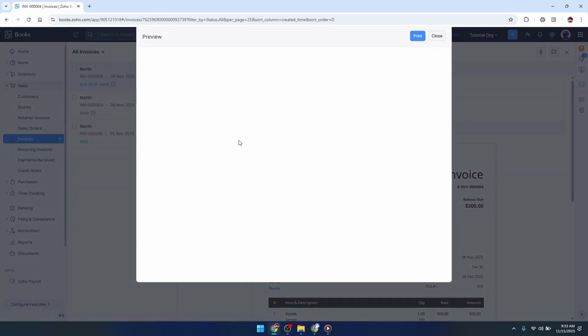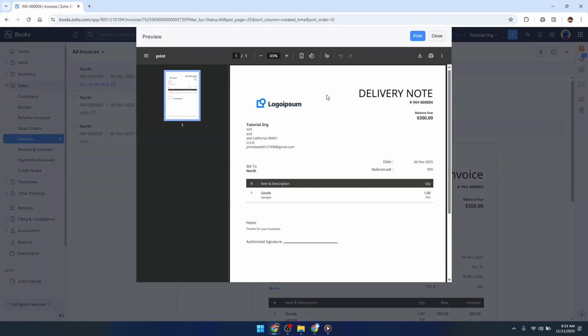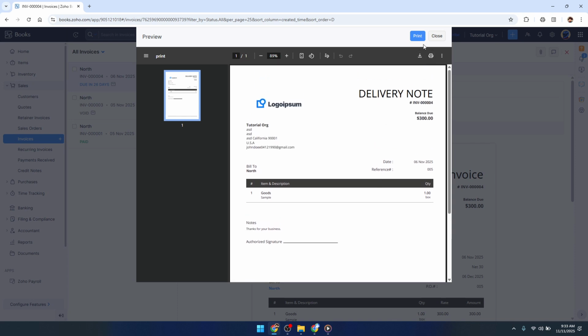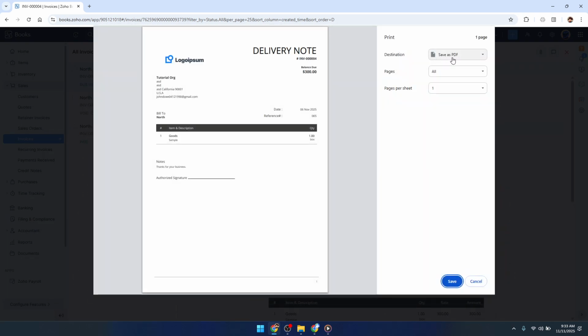Choosing this option will transform your invoice details into a delivery note format, whether you intend to print it immediately or save it as a PDF file for later use. This step is particularly beneficial because it automates the conversion process. By turning an invoice into a delivery note, you keep the information consistent while adapting it to a new function within your business operations. And there you have it, a fresh delivery note ready to accompany your products to their destination. Remember, utilizing delivery notes can simplify your logistics by clearly outlining the items being delivered, quantities, and destination details,